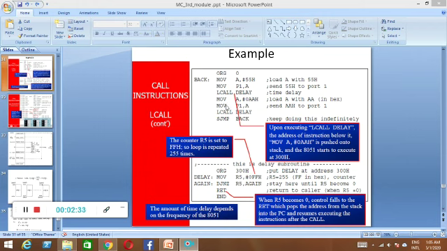Again, if they require the delay, they can call it back, right? So this is how they execute subroutines, and they can use the call instruction, either LCALL or CALL, based on their requirements, right?